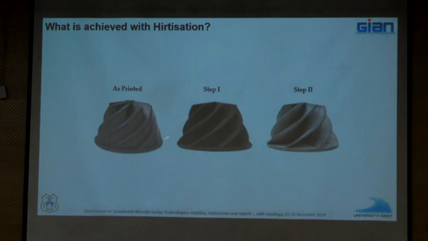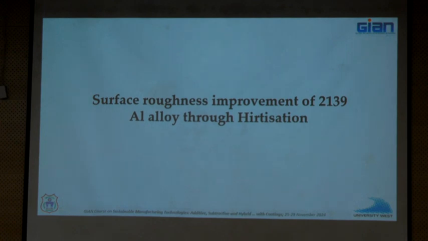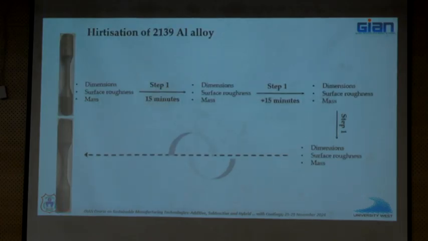right? As printed, the part is pretty rough. Step 1, which is essentially cleaning, and then step 2 looks pretty good, and then you can almost make it very nice. Here is an example from what Swati is doing at the moment on an aluminum alloy with hertization, and then she's going through this process of optimizing this hertization protocol for